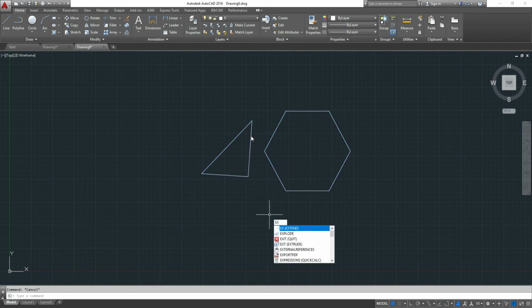So it's a command called explode. You select the object, and now they're individual lines. This hexagon could be further exploded if you need it to. Just pick certain segments of the hexagon,